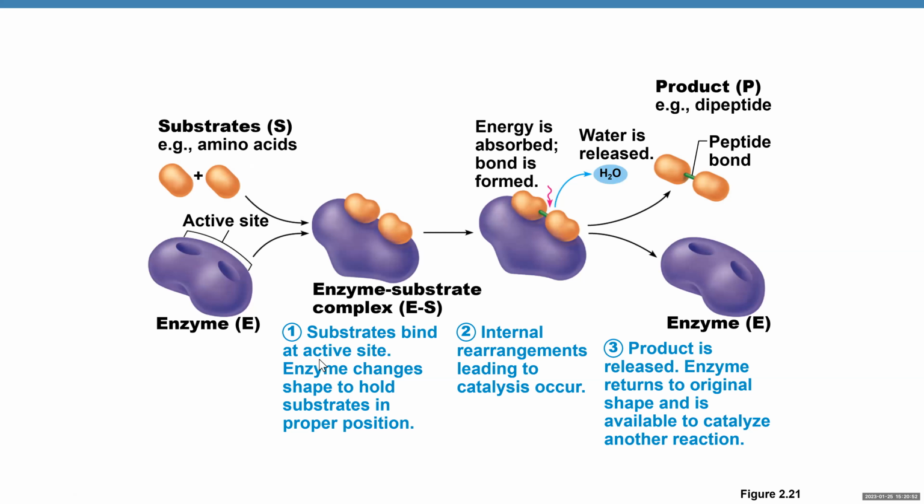Now, here is how enzymes work. That's a simple diagram, shows us, okay, so here's the enzyme. The enzyme has an active site, and here we have substrates. For example, it's 2 amino acids. So amino acids are attached to the active site of the enzyme. So substrates bind at the active site. The enzyme changes shape to hold substances in proper position. Energy is absorbed, bond is formed. So internal rearrangement leading to